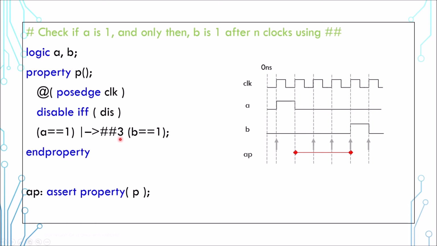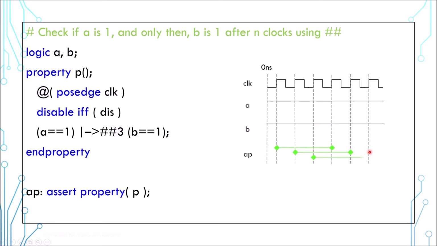Now writing assertion is a delicate matter. Let's say this is the behavior we want to check. We need to make sure the property can catch any unexpected behavior. Let's say A and B are unexpectedly 1 at all times. This assertion would always pass, giving us a false positive that the expected behavior is achieved. If we truly want to check the behavior before, we want to write the condition this way, where A changes from 0 to 1. At least if A is 1 at all times, all assertion attempts will be vacuous.